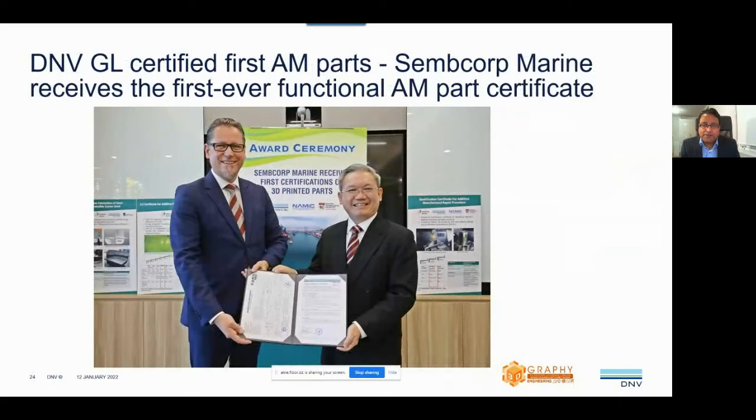Again, we try to influence, and we wanted to inspire the companies. Our CEO was handing out the first part certification, because anything you do, everybody is asking what is the next step. When parts can be made, people said, "Hey, can you really? DNV can dare to certify it?" Yes, here you go. We have certified the part and shown it, because in maritime, certification is a big deal,